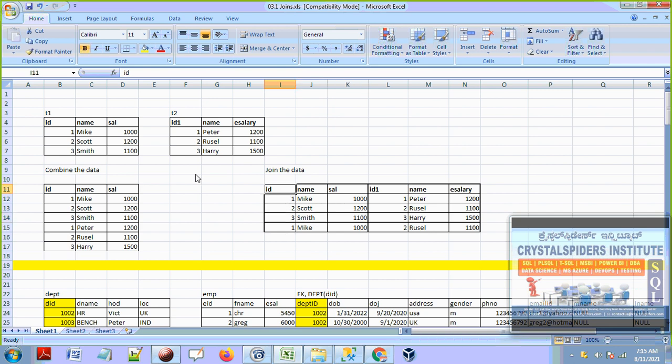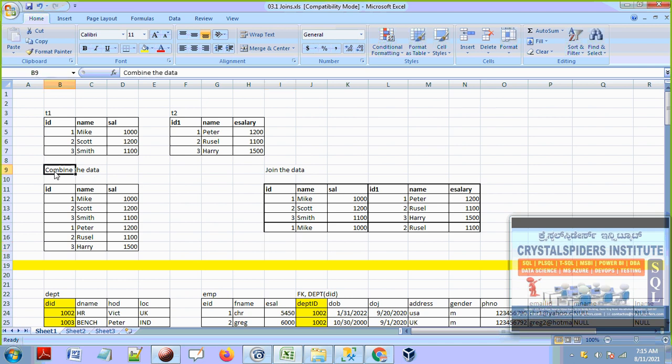When we say joining the data, it means one record will join with one record, or else two records, or else three records. So joining the data means the data will be arranged side by side like this. These are the three column values from table T1, and these are the three columns from table T2. This is the meaning of joining the data. And in a later session, merging the data will also come, and we will discuss how to merge the data.